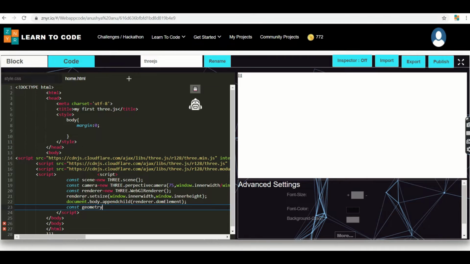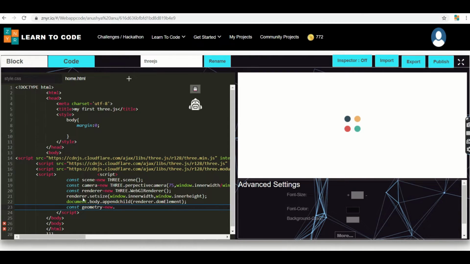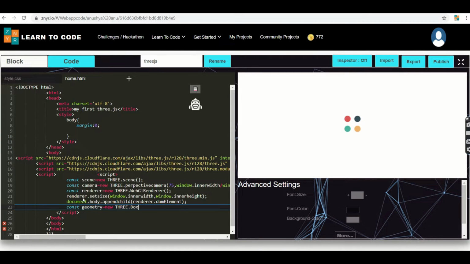For this I'm going to use the JS part of geometry. Since it is a new one, new THREE.BoxGeometry.